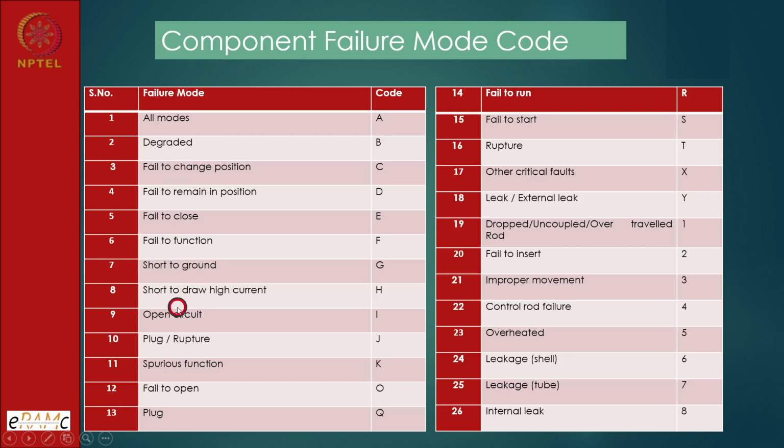So for various components in the database, we have given the failure mode: internal leakage, then rupture, fail to start for a pump or valve. So, we can use this in our coding, so that by looking at this we can make out what kind of data it is and what the failure mode is, which is very critical information for any component